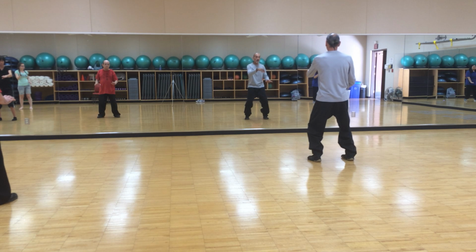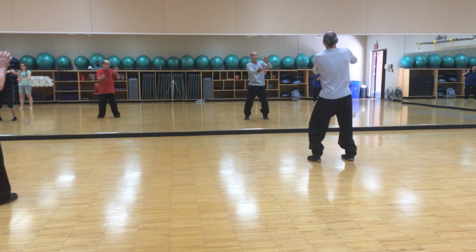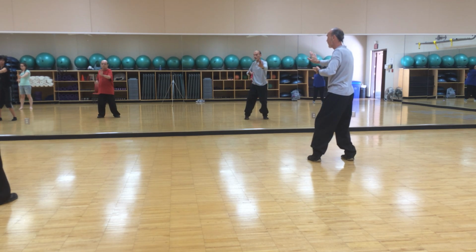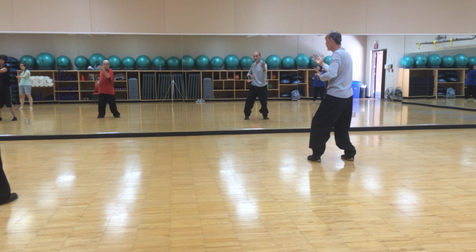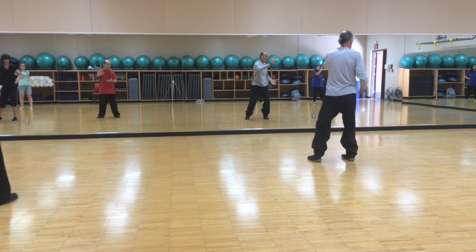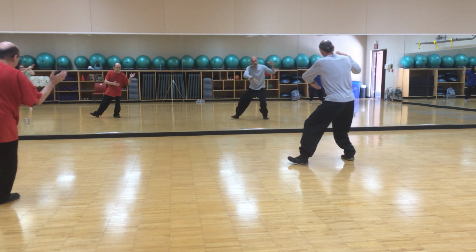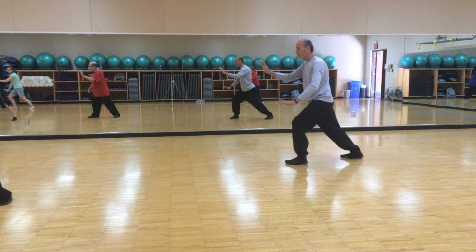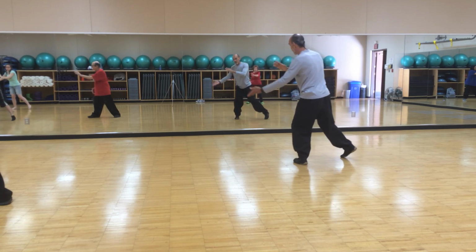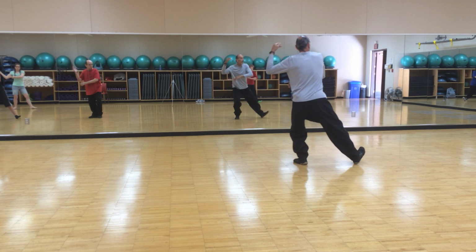Left repulse monkey, 1, 2, exhale 3. Right hand, 1, 2, repulse monkey 3. Breathe in right, left toe, step, brush knee push, toe in left, left hand up, right foot draw back, heel step,